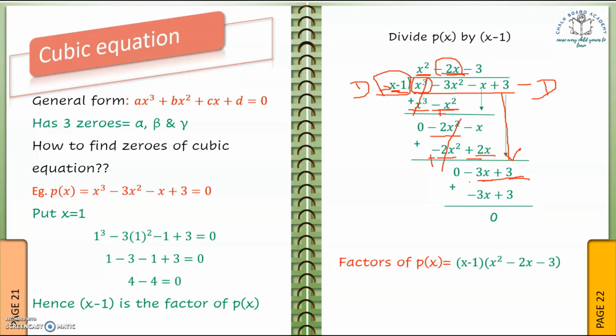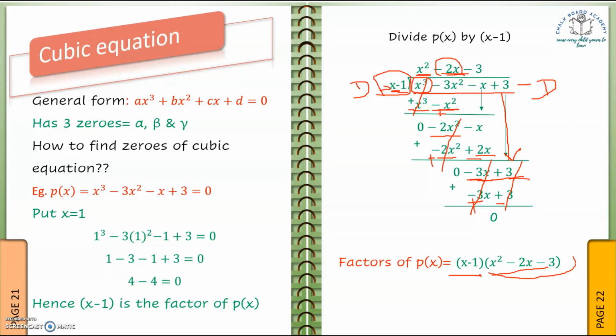Now what we have to do, we have to multiply x minus 1 by minus 3 to make it look like minus 3x. So we have multiplied it by minus 3, so we get the answer here as minus 3x, and minus 1 into minus 3 is equal to plus 3. Again we are changing the signs here, and so these two terms are eliminated. So the factors for this given equation are x minus 1 and then x square minus 2x minus 3.